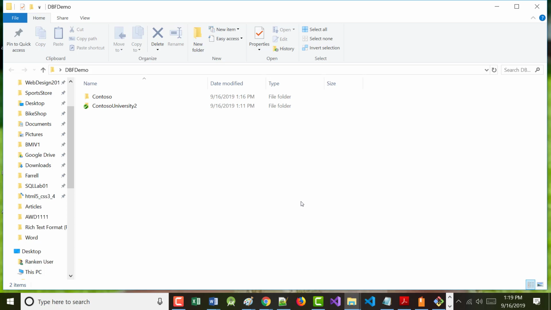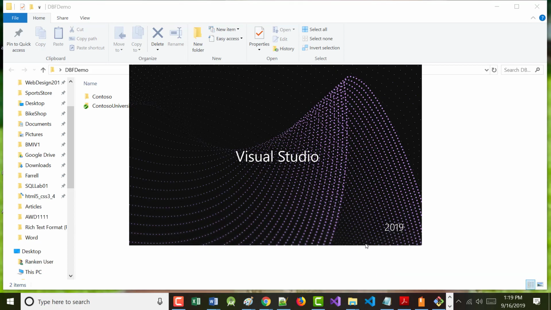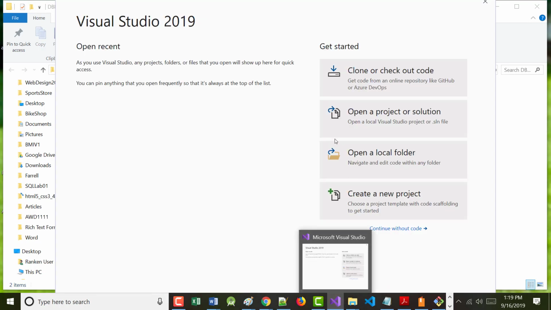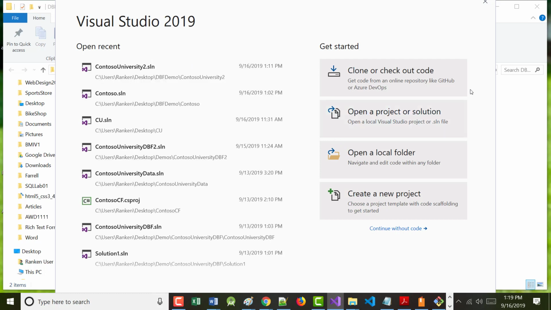No biggie. First, go into Visual Studio right here and close it. You don't have to save. You don't have to do anything. Just get out. So do a file exit. Just totally get out of Visual Studio. Doesn't matter where you are. You should be able to do a file exit. If it says, do you want to save? You don't have to.